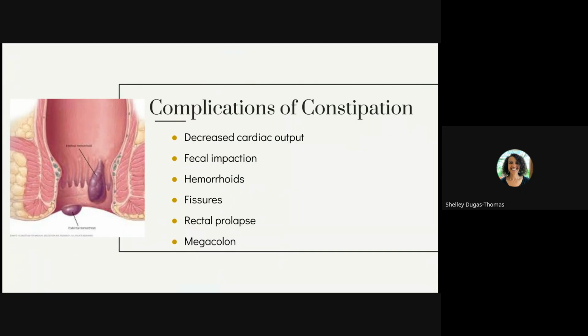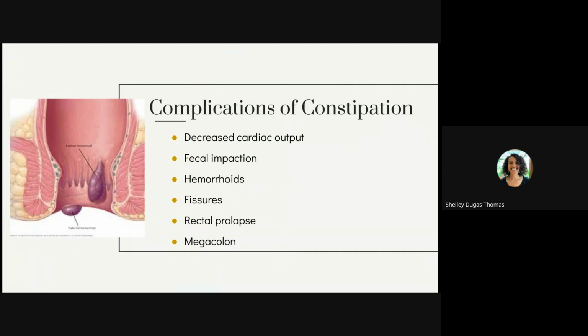So, cardiovascular complications include decreased cardiac output from straining. Anorectal complications include fecal impaction, which is hardened stool lodged in the rectum, hemorrhoids, which are swollen rectal veins from straining, anal fissures, which are tears in the anal lining, rectal prolapse, which is a rectum that protrudes through the anus. Some colonic complications include a megacolon, which is an abnormal dilation of the colon,